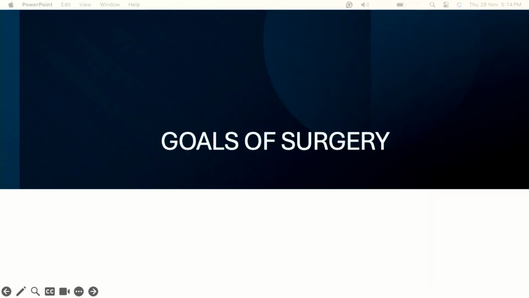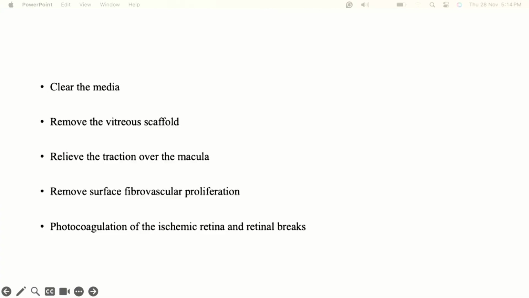So what are the goals of surgery in a tractional retinal detachment? We have to clear the media, remove the vitreous scaffold, relieve the traction over the macula, both the anterior-posterior as well as the tangential traction, remove the surface fibrovascular proliferations, and then do photocoagulation of the ischemic retina